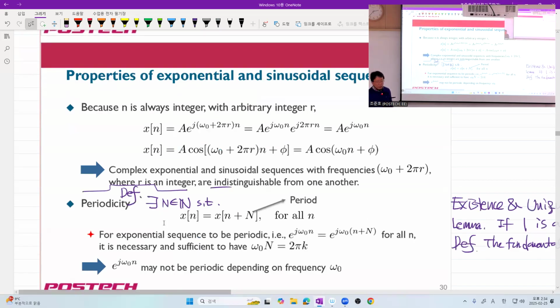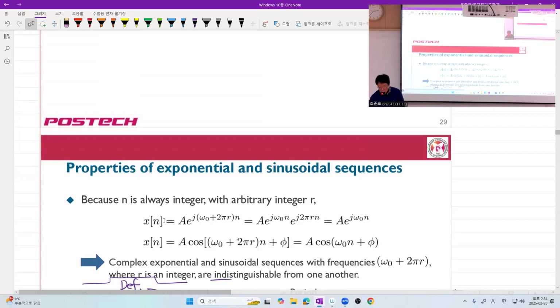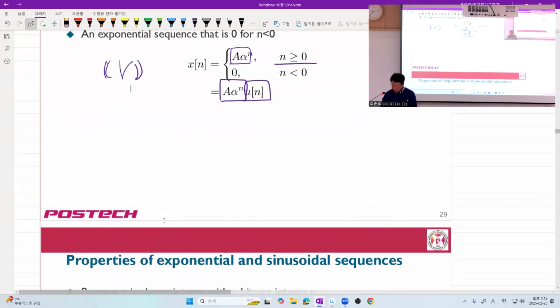So the note reviews the notion of periodicity, and the periodicity of a continuous parameter signal and discrete parameter signal is a little bit different. So let me first talk about periodicity for continuous time signals. A continuous time signal x of t is periodic